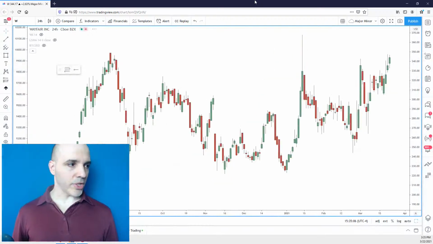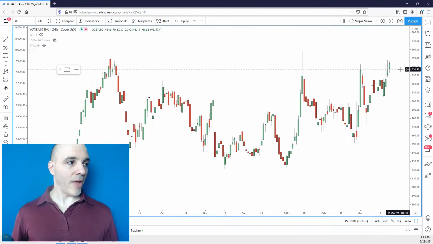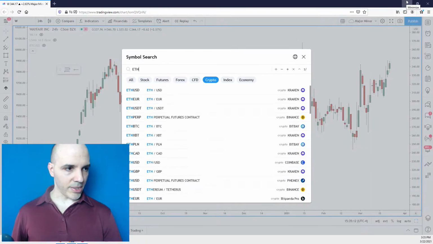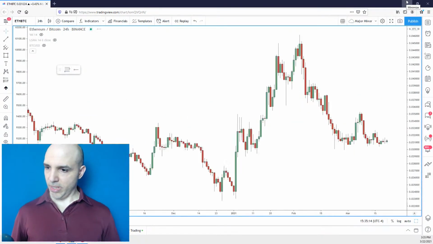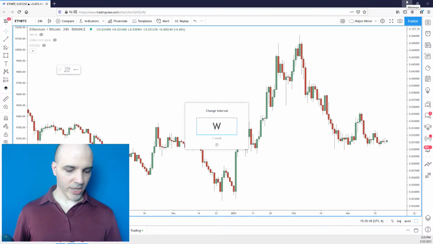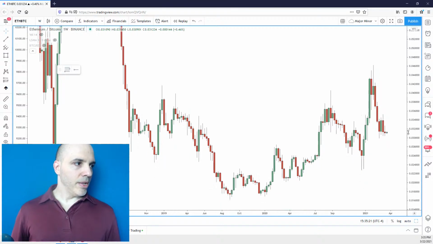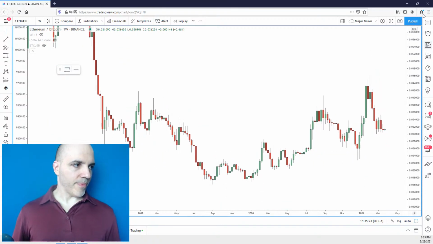So here, let me pull the weekly chart up. I mean, look at this thing. So on the weekly, obviously, oh no, hold on. That's not it. Hold on. ETH BTC. Hold on. Okay. Ethereum against Bitcoin, and you want the weekly. Here we go. So here's the thing with this, right? And again,